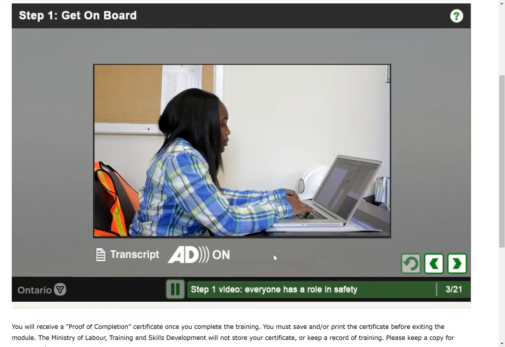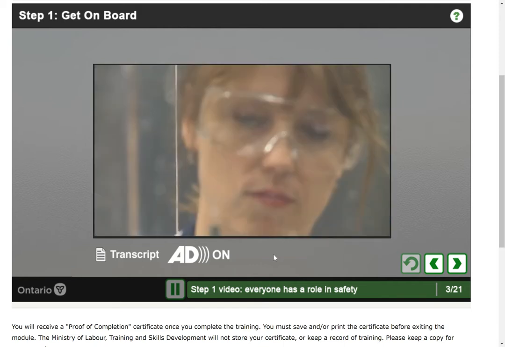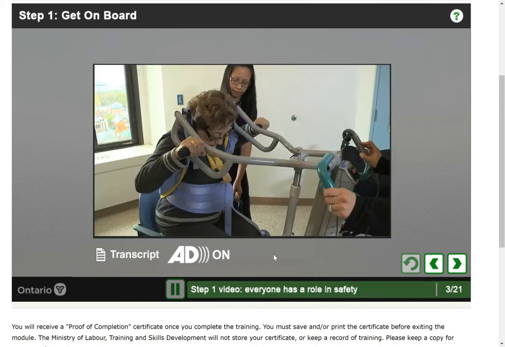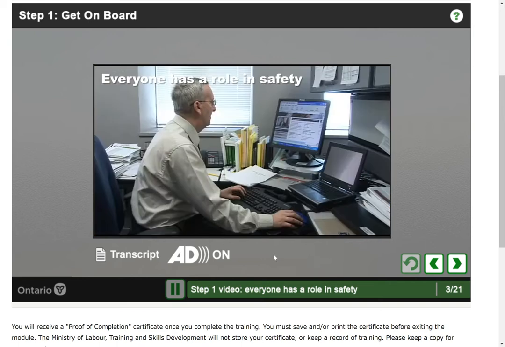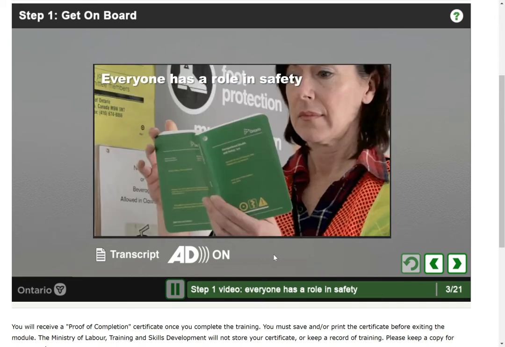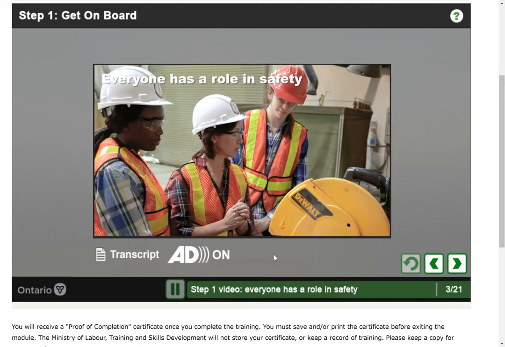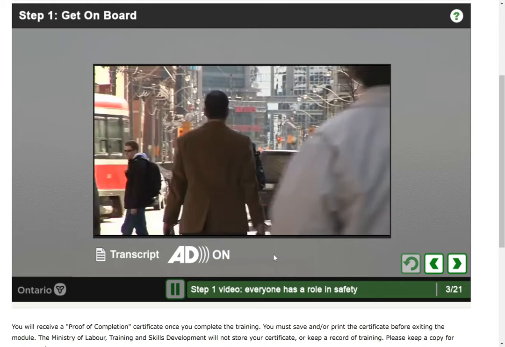One of the first things I learned when I started working here is that every job has hazards, no matter how safe it looks. I found out that the way I can stay safe is by knowing about anything in this workplace that could hurt me or make me sick. Each one of us here, employers, supervisors, and workers, has a role to play in safety at work. If we all cooperate and do what's expected of us, we can get home safely at the end of the day.